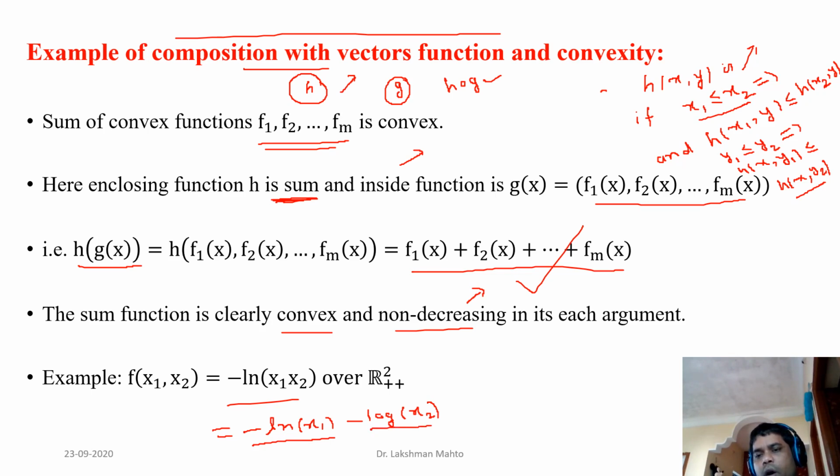We always know that. So in step 5 we will try to see that. If you see this function, call it f1, and this one f2. We always know from functions of one variable that minus log x has this kind of curvature. So that's why minus log x is a convex function. From there you can deduce that minus log x1 is convex, similarly minus log x2 is convex. So the summation of two convex functions is always a convex function.